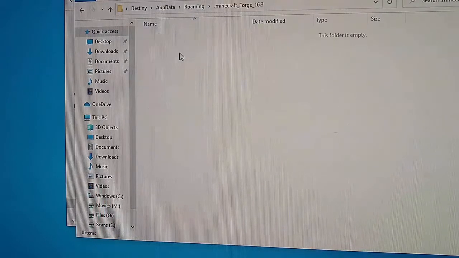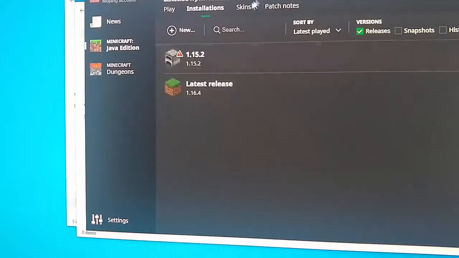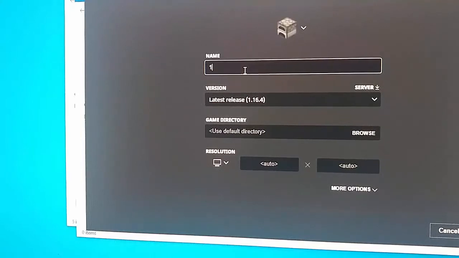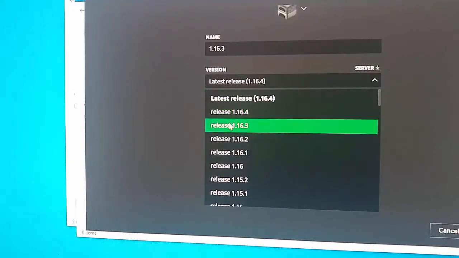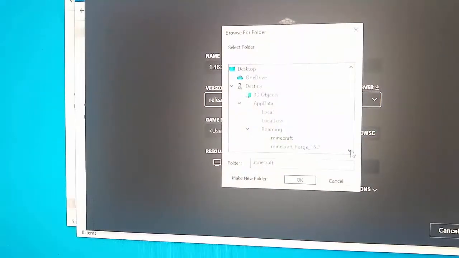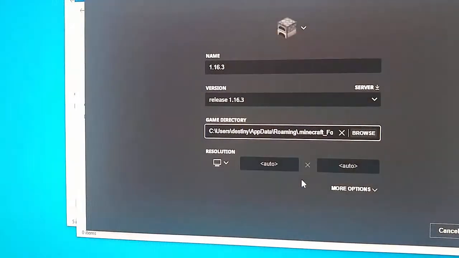So we go for 1.16.3. You can see nothing is there. So I'm going to launch Minecraft again. We're going to go to installation, and we're going to go down to new. We're going to go to 1.16.3. Now I'm going to go to 1.16.3. Go to browse. We're going to select that folder, Minecraft Forge 1.16.3. I'm going to click OK. I am going to create,